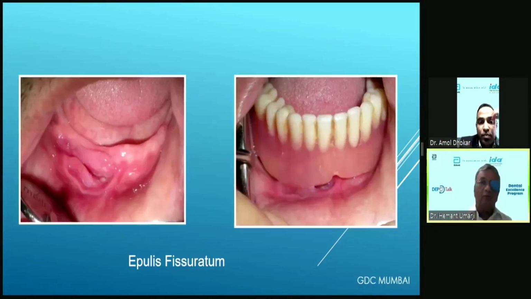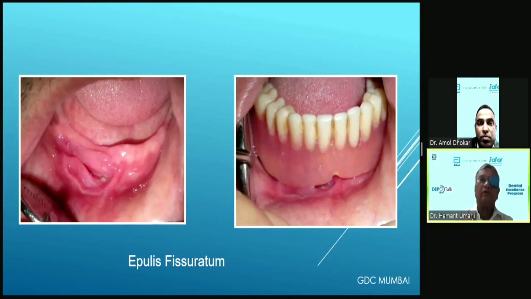We used to give glycerin tannic acid local application, and if it is ulcerated, then for the first few days we give vitamin A chewable so that mucosal epithelialization will take place nicely, and otherwise we give glycerin tannic acid. And sometimes some people, if they are in a hurry, may surgically remove the overhanging margins, give a smooth surface to the denture-bearing area, and make a new denture. So that way also we had done. But glycerin tannic acid is good enough.